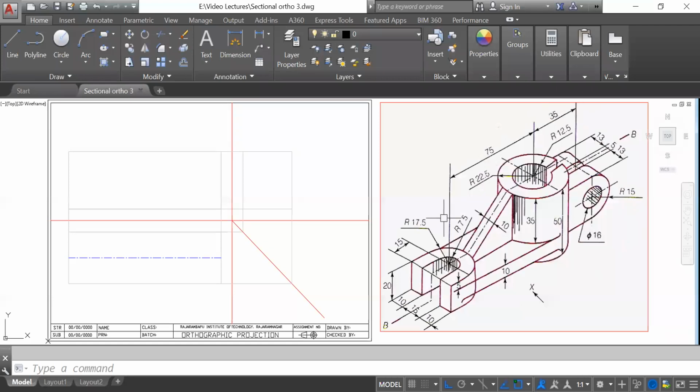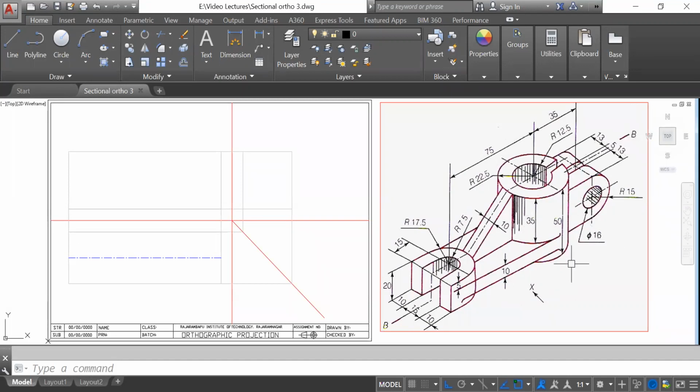If you observe the length dimensions, the front view is in this direction, so we have to calculate the length in this direction. First of all, 75 mm is there from this center to this center, and from this center to this center it is 35. So we have to add the radius of this outer circle. The radius of the outer circle is 15 here. So 15 plus 35 plus 75 plus from this point to this end, that is 15. So 15 plus 17.5 plus 35 plus 15. So the total is around 140. Okay, so total 140. Just check it out. If it is not, then just give me a reply.